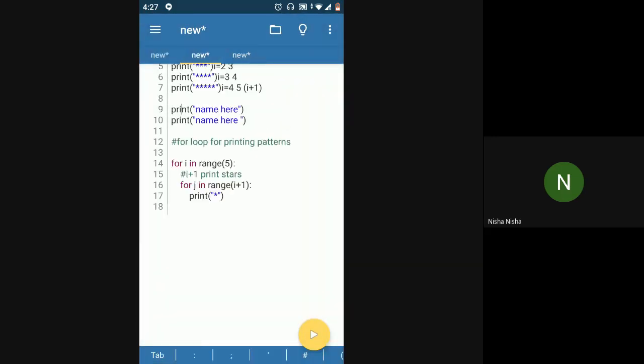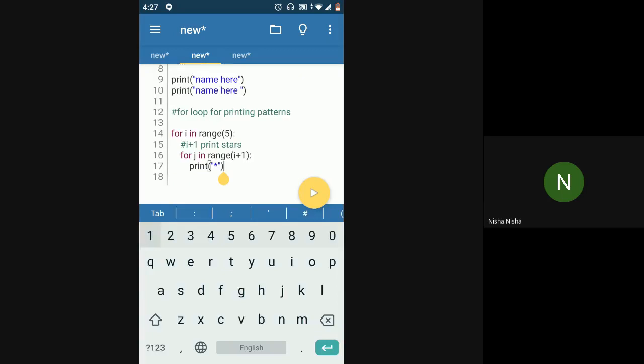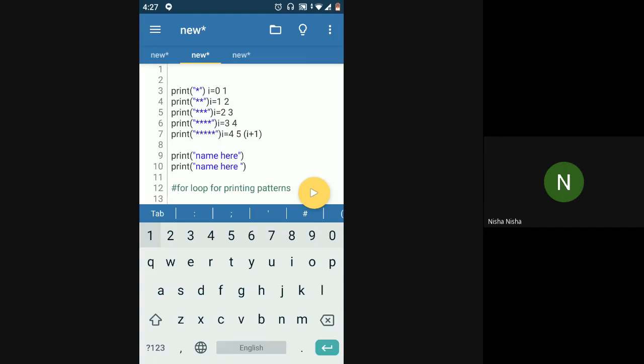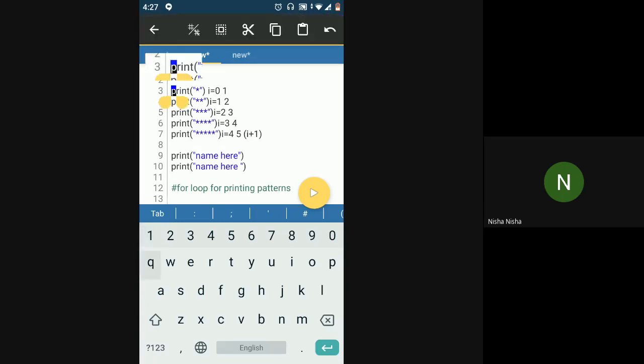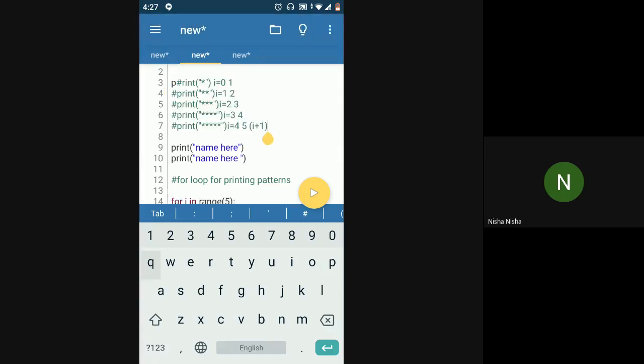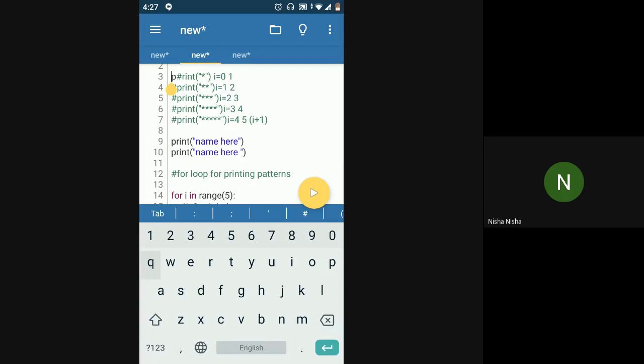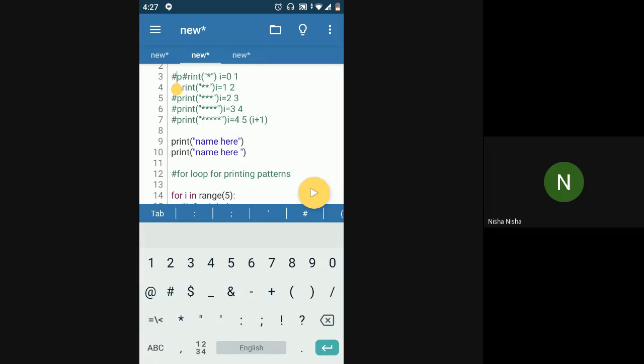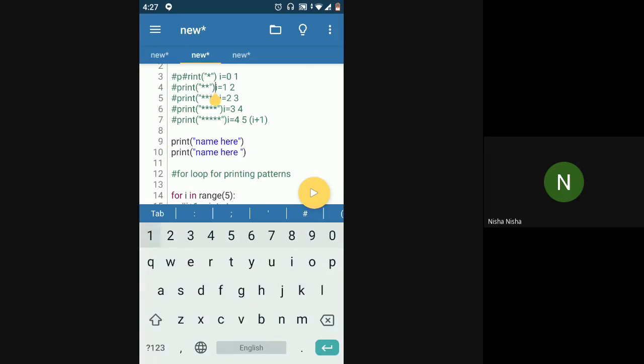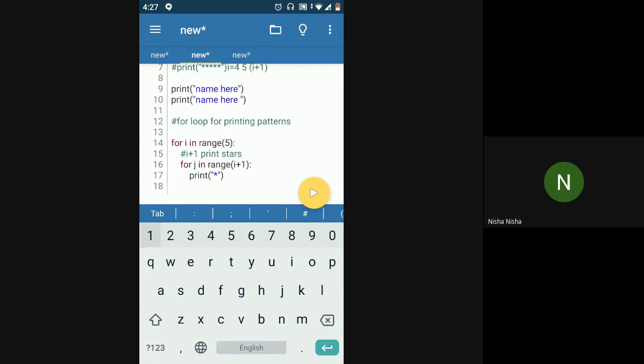So now if I just say this, like this is the right code, this is what I want. But if I run this, it will give me wrong output, because it will print all the stars in different lines. You want a pattern like this, right? You don't want each of the stars to be printed on a separate line.